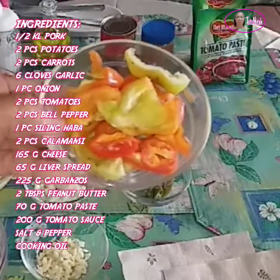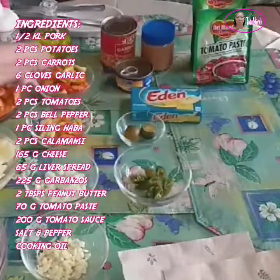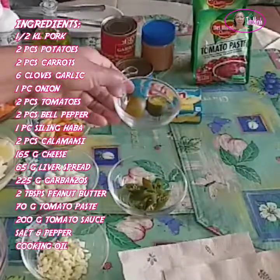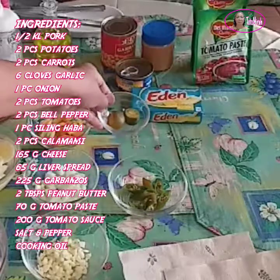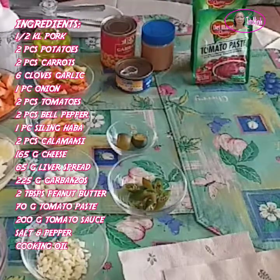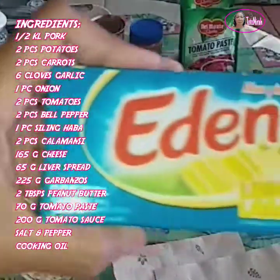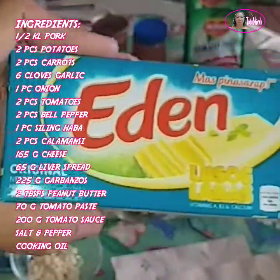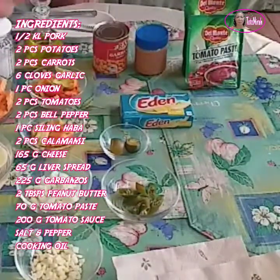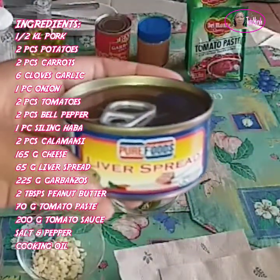We have here bell pepper, 2 pieces cut into cubes or square, and then 1 piece siling haba, 2 pieces calamansi, and gagamit din tayo ng cheese, 165 grams of cheese. Gagamit din tayo ng 65 grams of liver spread,